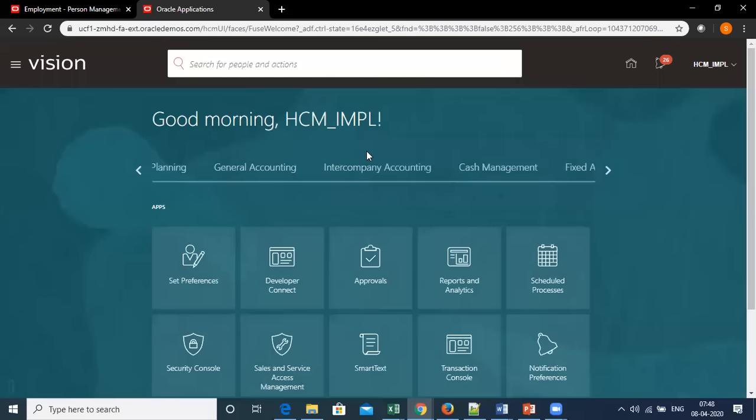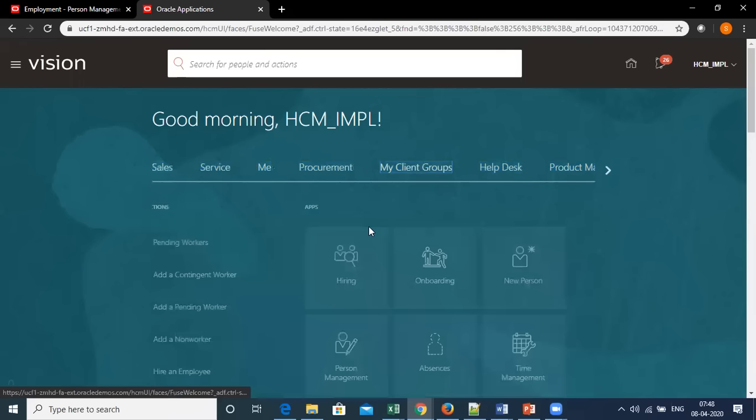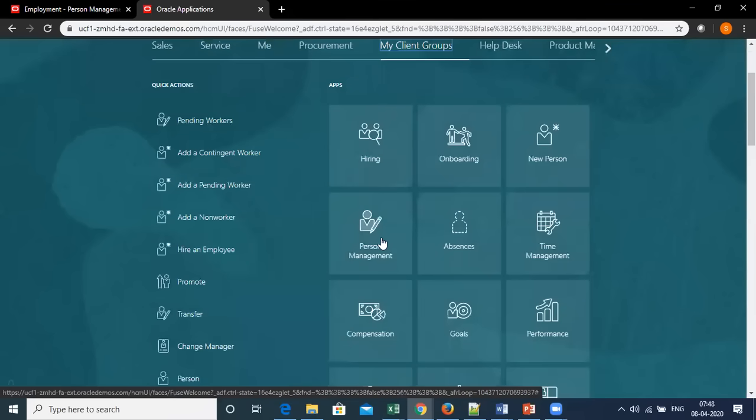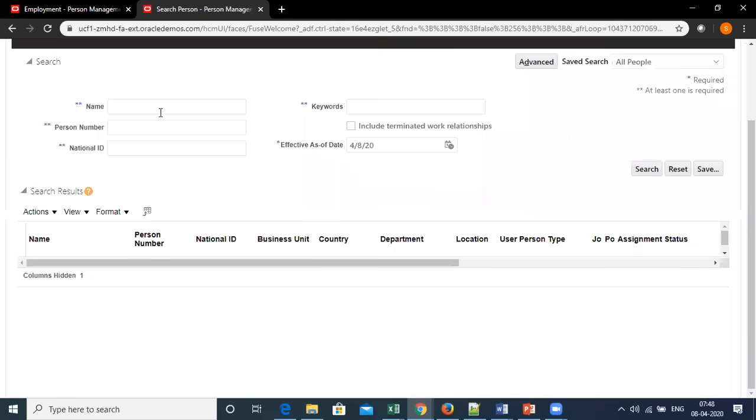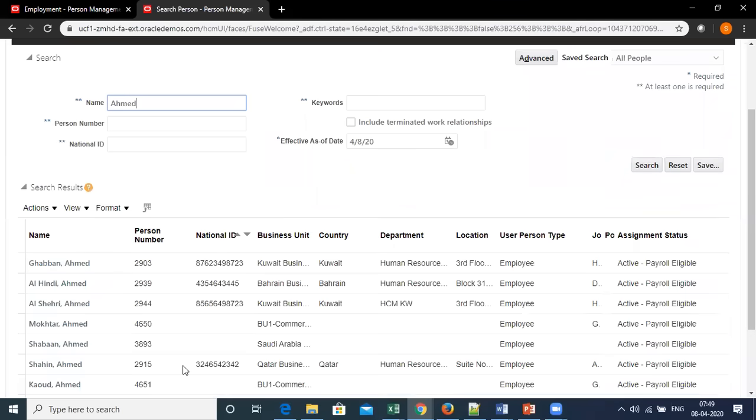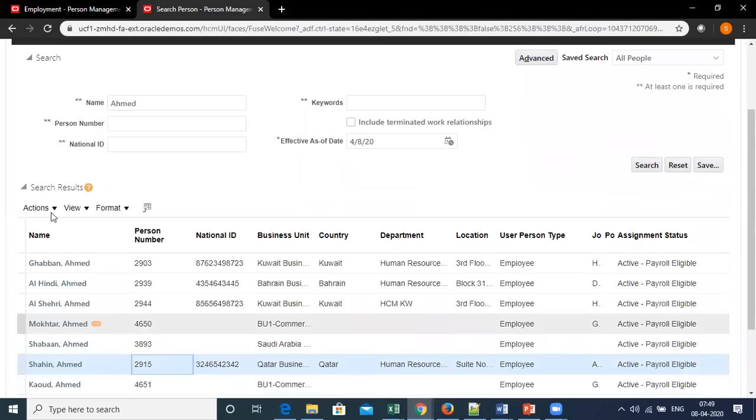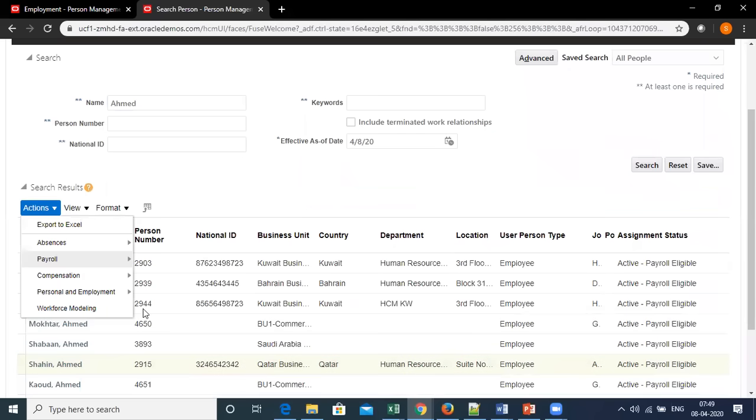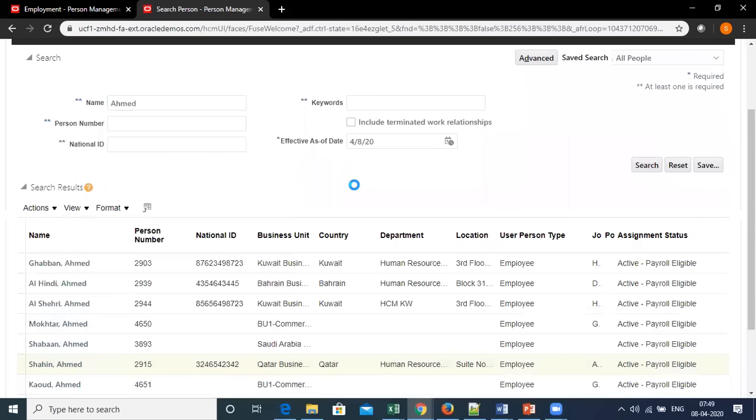So this responsibility is assigned to each individual. So I need to search for one employee. Let me search Ahmed, and let me go to Ahmed Shahin. I can go from here to area of responsibility.